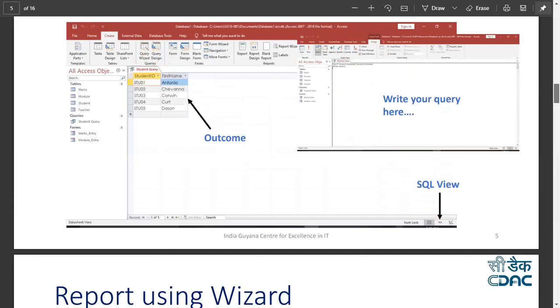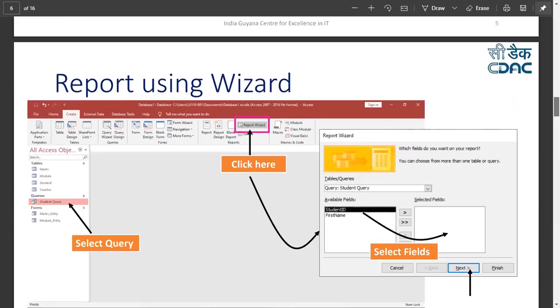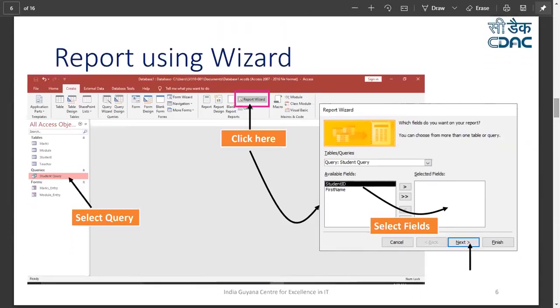Right? So now we are moving to a reporting wizard. Report is basically used to depict some information in a user friendly manner so that you can take some decisions or judgment on the basis of the data. Like your manager wants to see some information about the company's employees and the salary the company is giving to them, and on the basis of that, a manager has to take a decision for increasing or promoting the employees in the organization. So he wants to see the report.